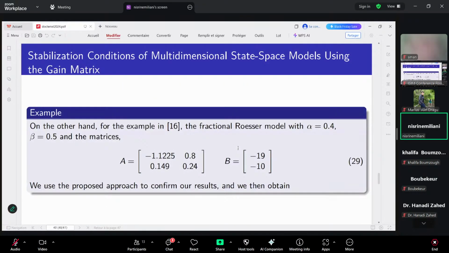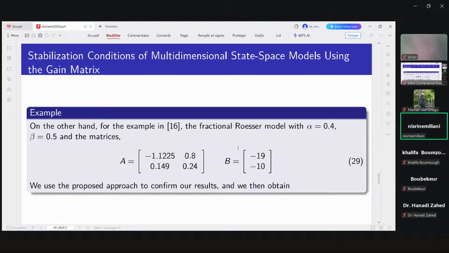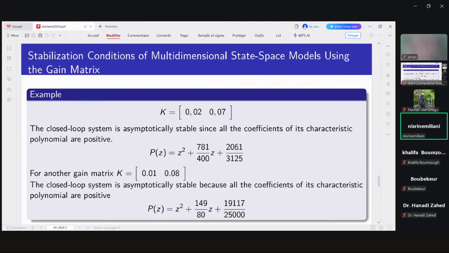In example 2, on the other hand, we take the fractional Rössler model with alpha, beta, and the matrix A. We use the proposed approach to confirm our result, and we then obtain the matrix K equals